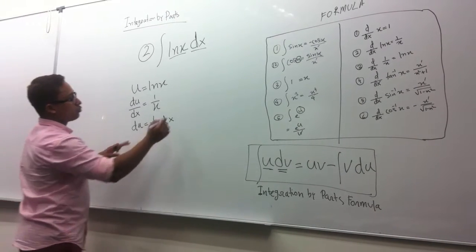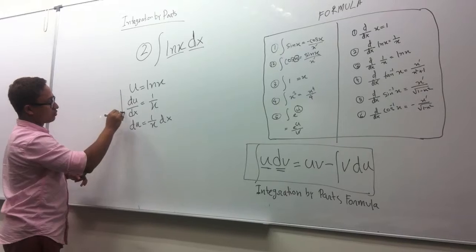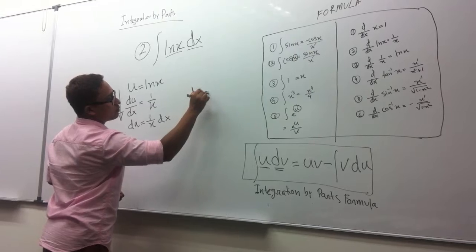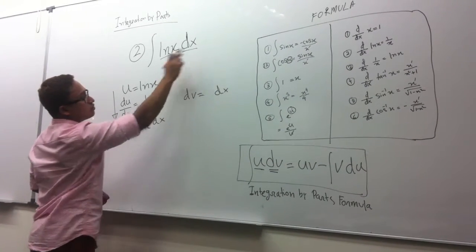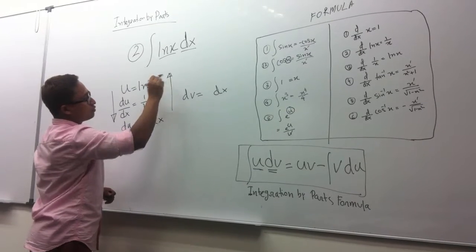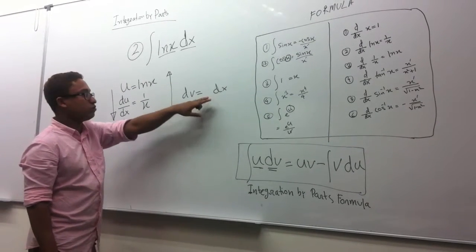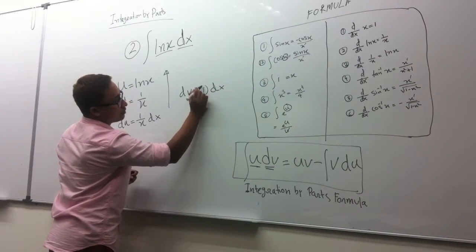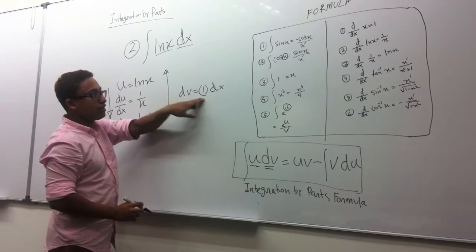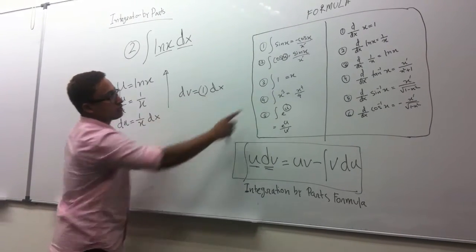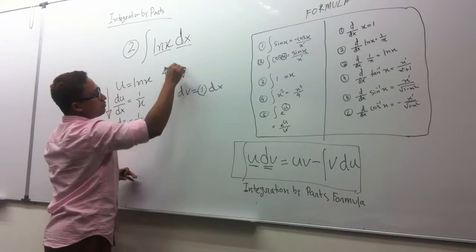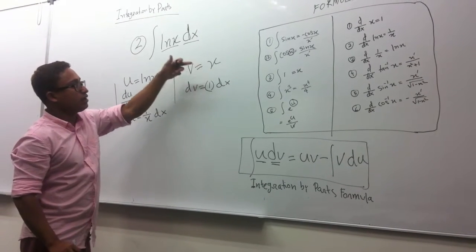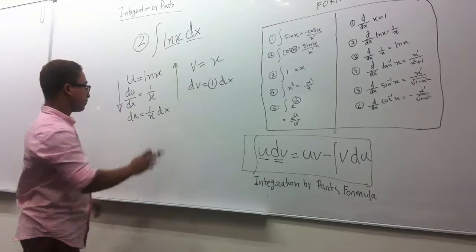Okay, so we write dv, because it will go down. When we take dv, dv is our dx, so this will go up. Now, most of the time when it's dx, most people get confused about how to integrate this part. To integrate this part, we have to see that there is a hidden 1 in front. It's easy to integrate 1: the integration of 1 is x, so v is equal to x. When you integrate 1, you get x, and when you differentiate x, you get back 1. So it's the same.